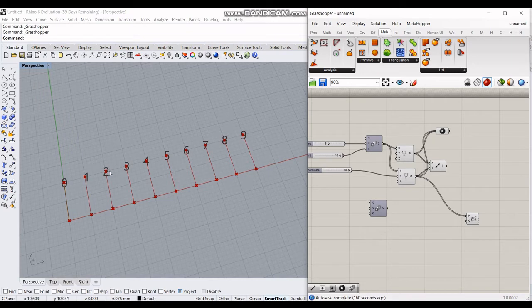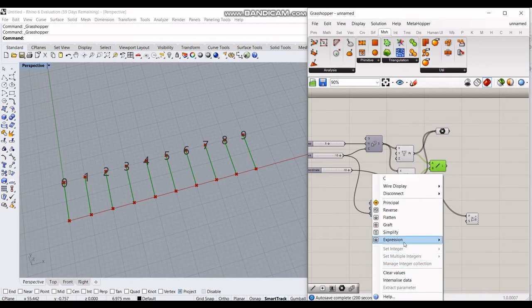So the index will be 0, 1, 2, so on till 9 here because there are 10 points. The same goes for the bottom set of points too. So as you can see, if you are using the line component to make the mountain lines, the starting point should be 0 till 8 and the ending point should be 1 till 9. So to create that series, we have to start with 0 with steps of 1, but not till 10, only 9. So what we are going to do is just use 10 and use the expression here to set x minus 1.